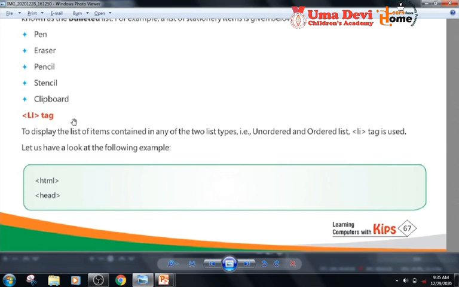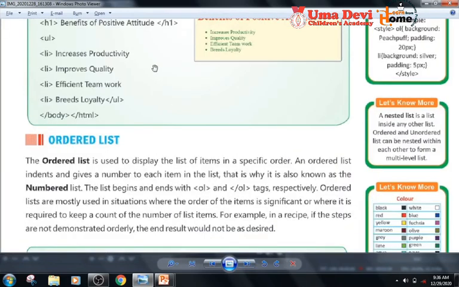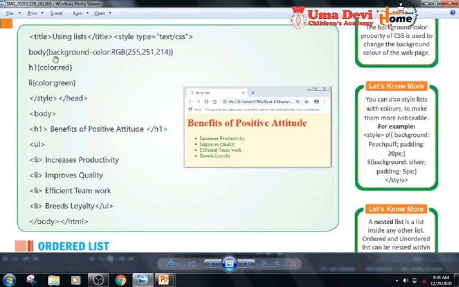The li tag, the opening li tag, is used to display the list of items contained in either of the two list types, unordered or ordered. Let us have a look at the following example. HTML, then head tag, then title tag. In the title tag we have written Using Lists, this is our title, and we have closed the title here. Now the style type is text CSS, then in the body they have given a background color in RGB.